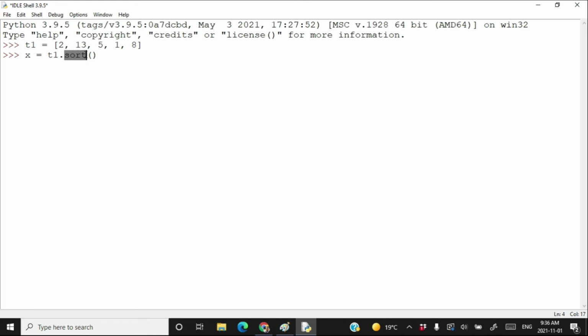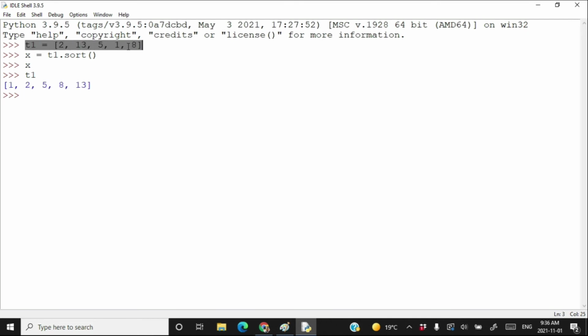That means the sort method is not going to create a new list with the arranged elements. The elements will be arranged at the same place, in the existing list. So press enter. Sort actually returns nothing. But when you check T1, you will find that the list T1 has been arranged in increasing order.